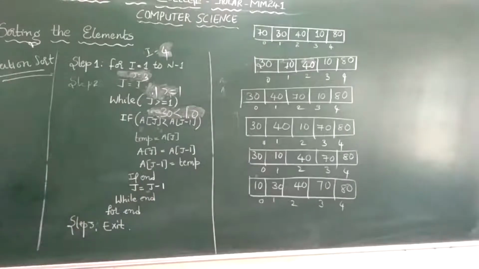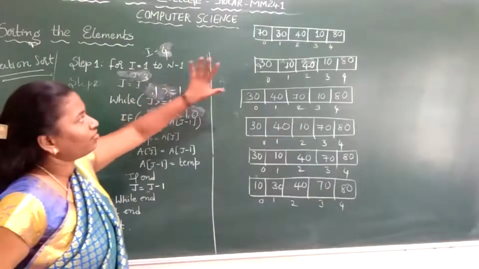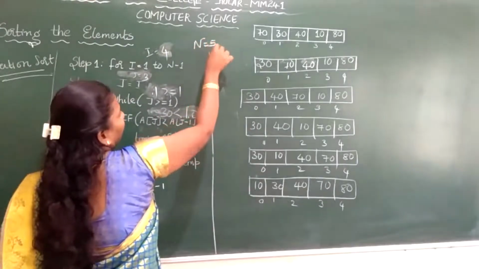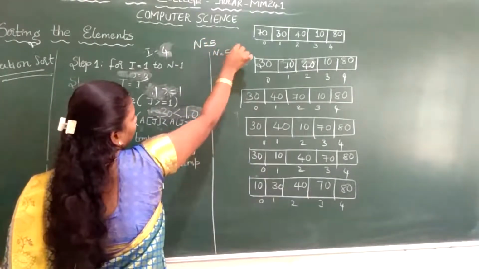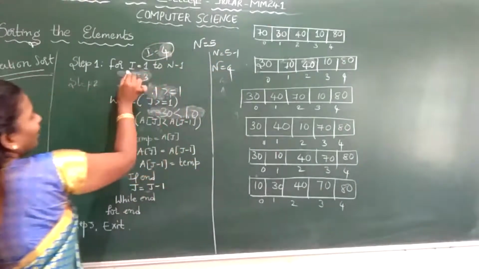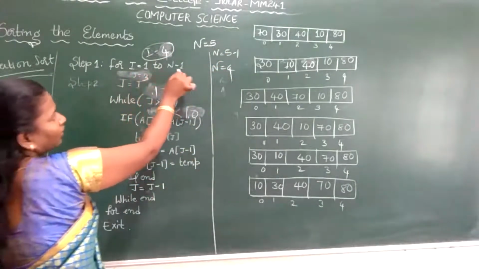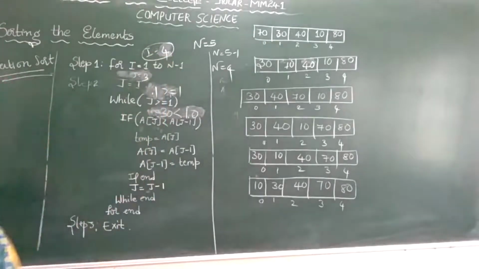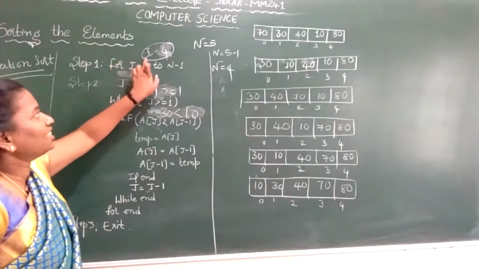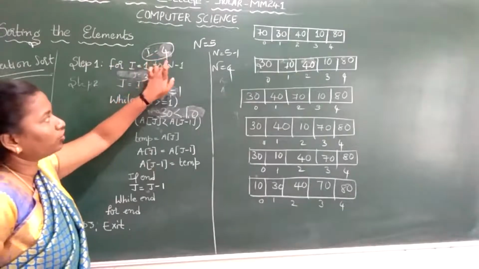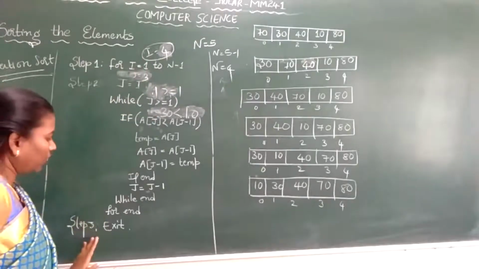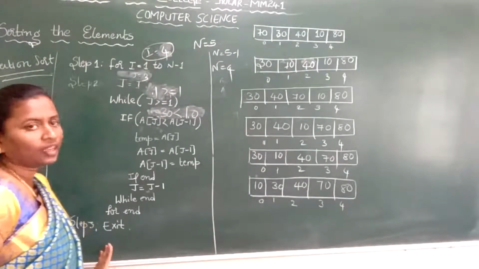Now see, I value is 4. What is n minus 1? Your array has 5 elements. What is n minus 1? 5 minus 1. So the value is 4. So I value is initialized to 1, and we have to go up to the last of the 5 elements. Up to the I value reaching 4, you need to carry out the for loop. Since I value is equal to 4, the condition fails, and we come outside the for loop. Then here it ends.